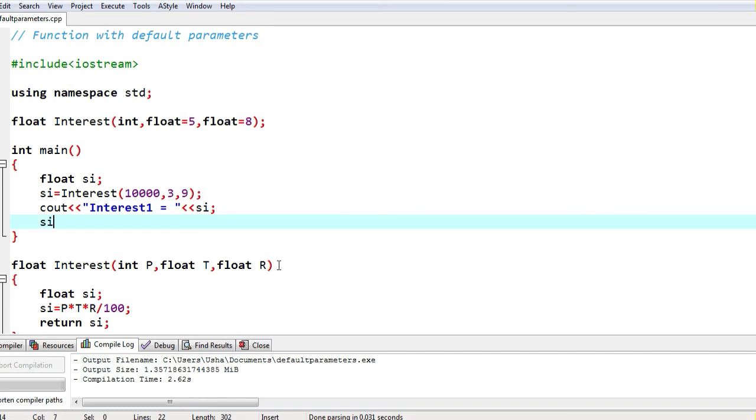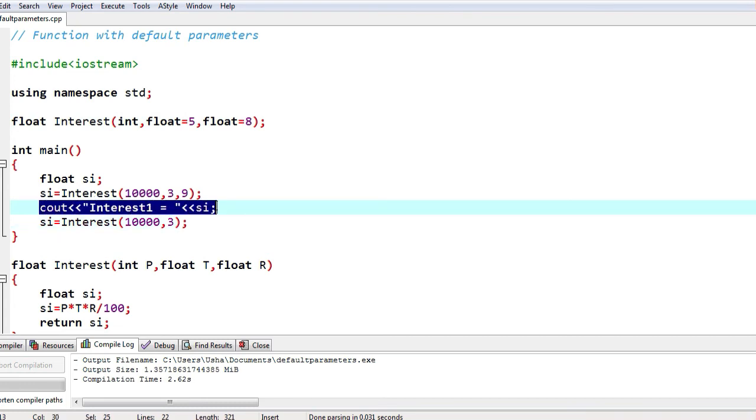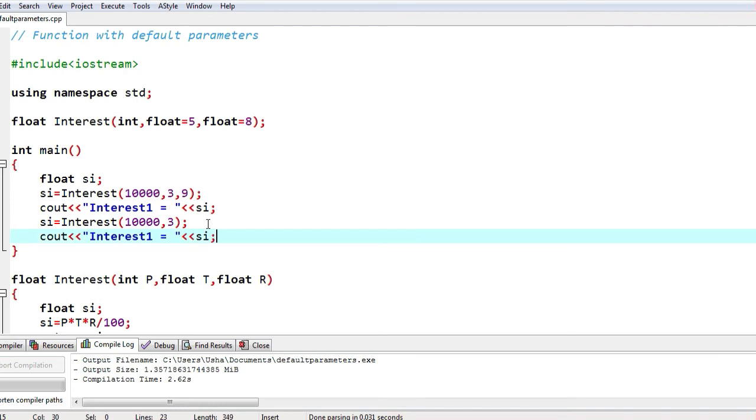Again I am calculating interest, but this time I am giving only 10,000 and 3. I am not giving rate of interest. When I don't give rate of interest, it is going to take the default value given here for third parameter, which is 8. Accordingly, it is going to calculate the simple interest and it will display. So I am displaying this, which is interest 2.